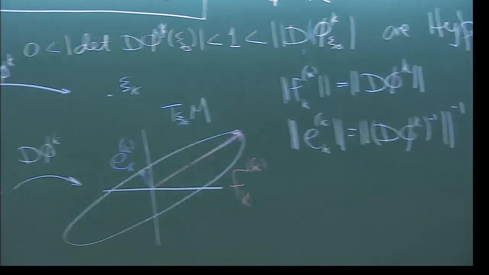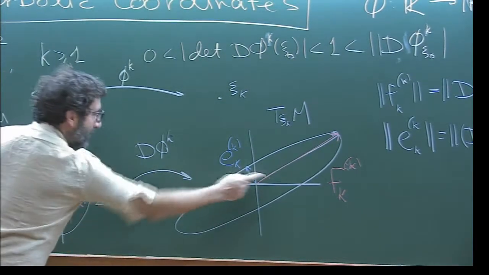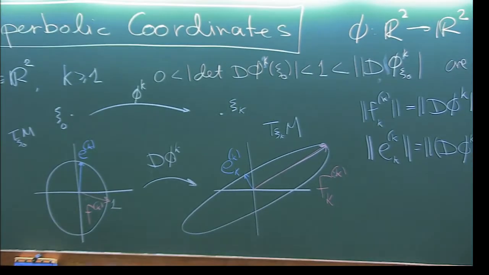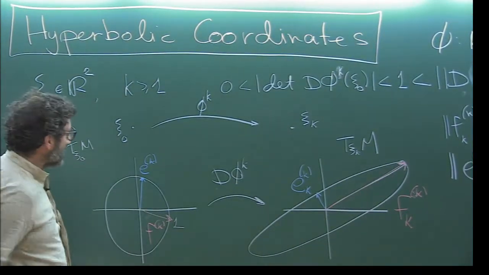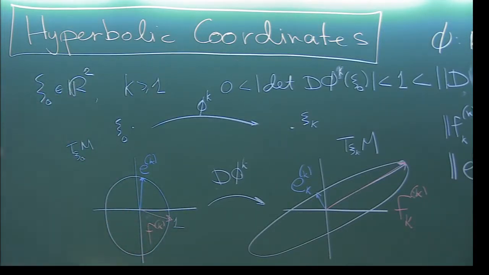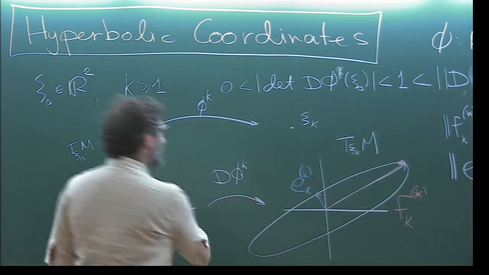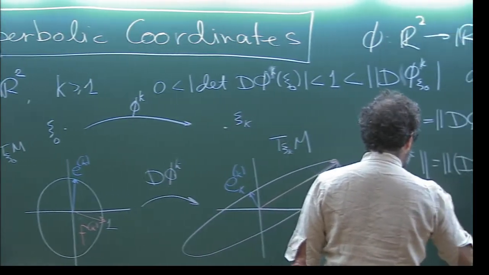So in terms of our hyperbolic point of view, the importance of these two vectors is that this is the most contracted, most expanded direction here, and this is the most contracting direction. So we're not looking at any hyperbolic invariant splitting, but we've identified expanding and contracting directions. So you can use these as coordinates for these tangent spaces, and in these coordinates, so in hyperbolic coordinates,